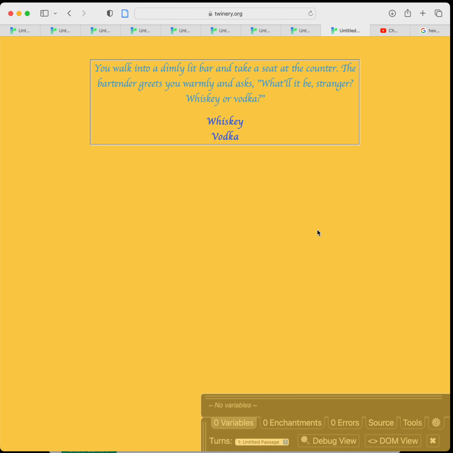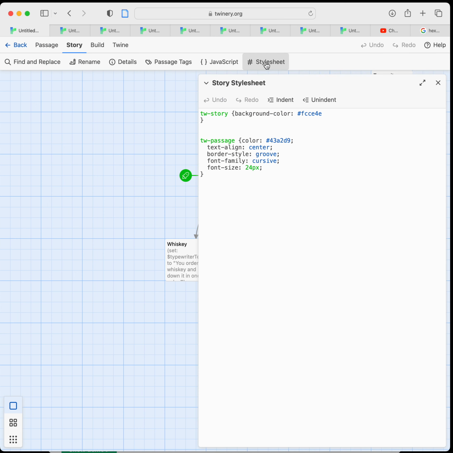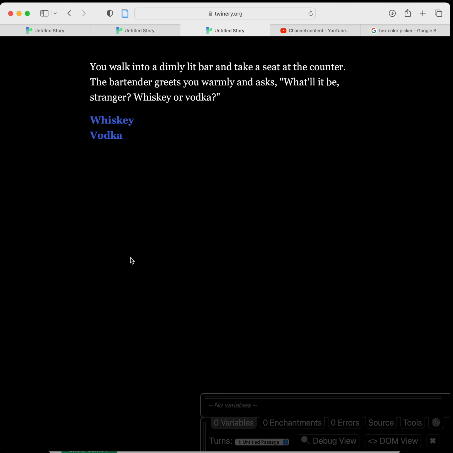If you want to change it in a singular passage, you can do that in the game. So let me go back to the defaults here. Let's go back into our story. We'll go to style sheet. In this case, what we're going to do is just get rid of all of this. So if we delete the whole thing and we go back to the defaults, we're going to close that. When we go to play this again, what we should see is back to our defaults. So we're back in the default world,